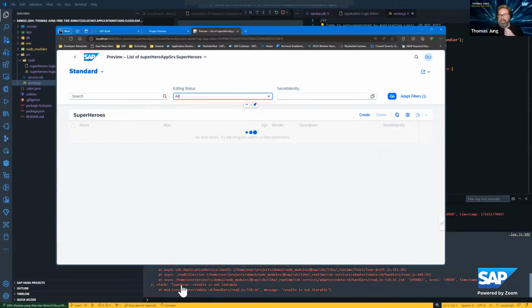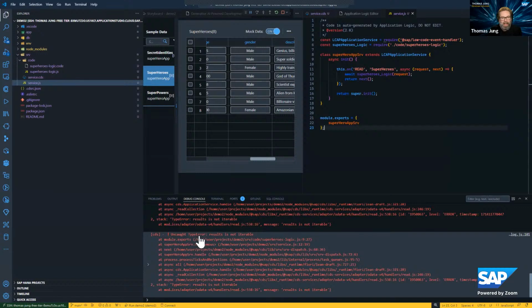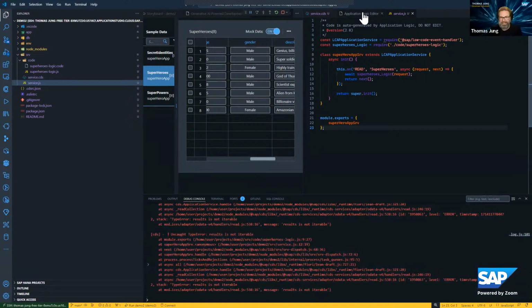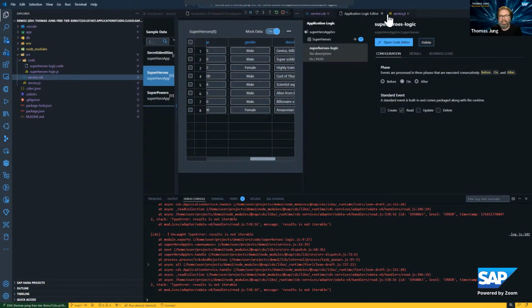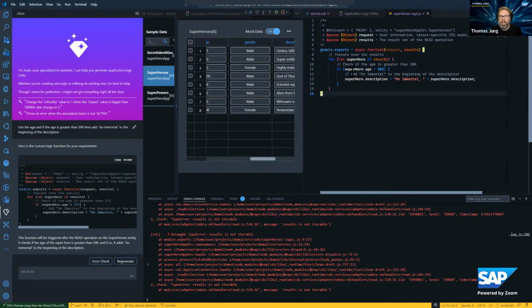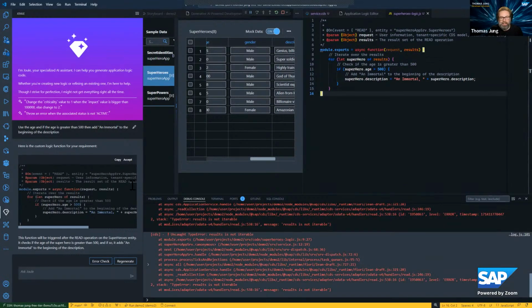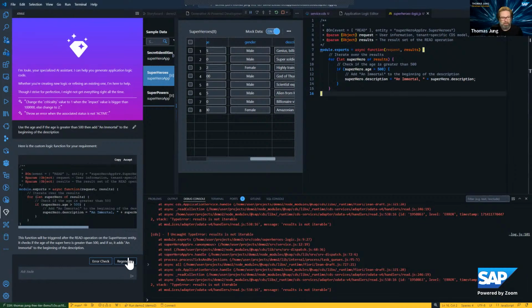Now, look at this. I got the same thing yesterday, and I intentionally didn't correct it. The code actually has an error. Results is not iterable. So that's in the logic that was generated. Let's go back there. It's doing this for loop over results, but we're actually getting a single result passed in each time. So this is not actually correct code.